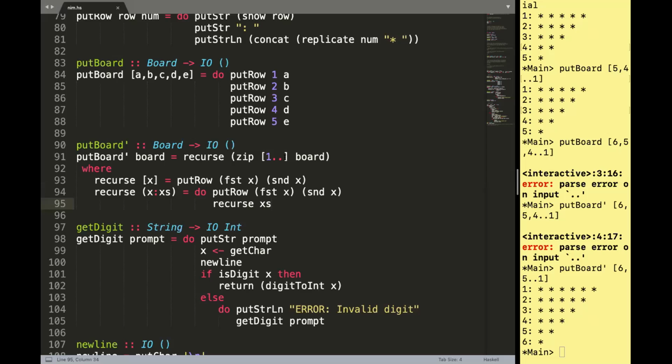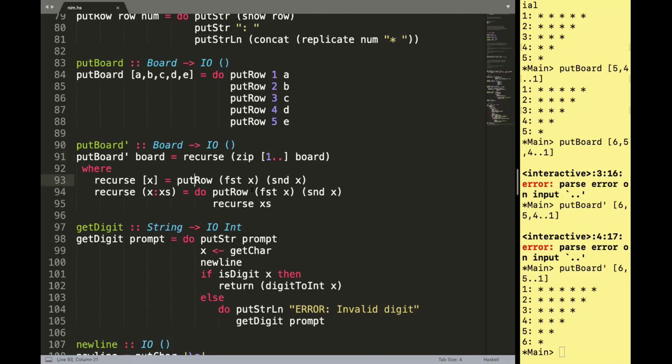Sometimes that's a neat way of doing induction on a list. The base case is always the empty list, and the inductive case is x colon xs. That's how we always wrote functions on lists. Never a base case where we assume that the list is non-empty. But in this case, it might not be. We are calling this function from somewhere; you could just put an empty list, or a new line, for instance. That might work.